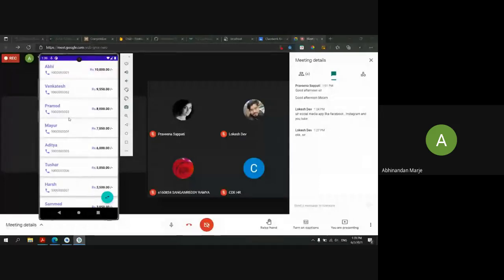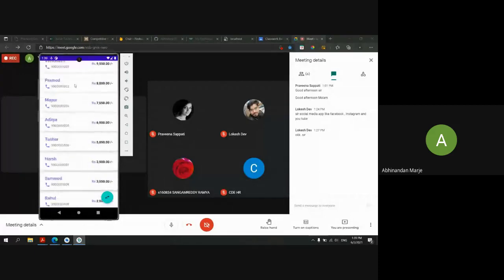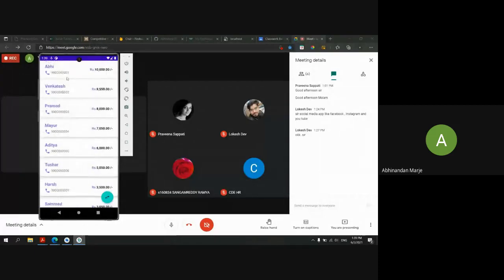In your WhatsApp you get this kind of user list when you message them, or in your Instagram you get the feeds, your posts. That is also done by the recycler view. Knowing recycler view is a must for a developer. If you don't know recycler view, it will be of no use.